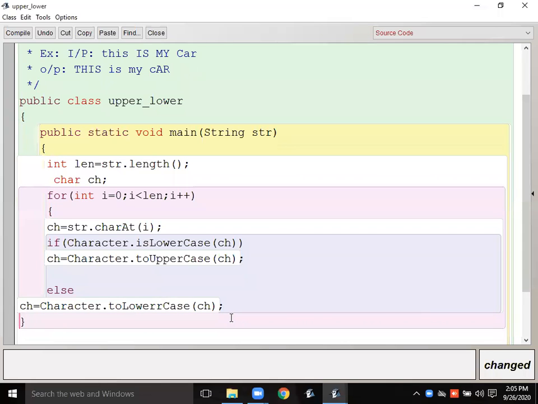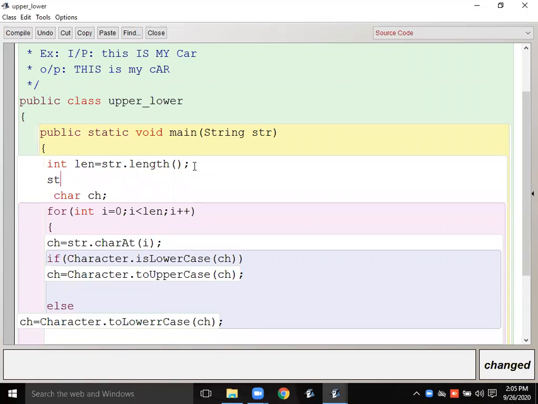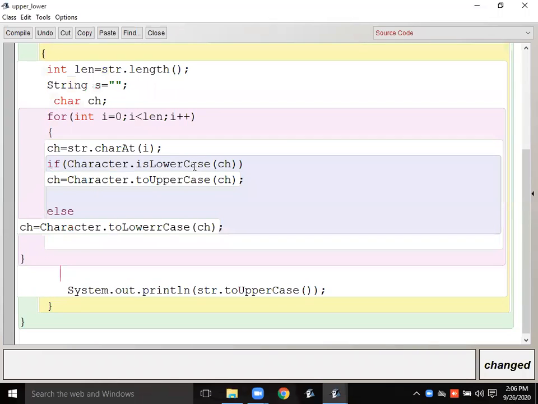Okay, then here I am declaring another string. Here I am declaring a string s, string suppose s, and right now it is blank. Okay, and then I am concatenating s equals to s plus ch. Then here we will display s.